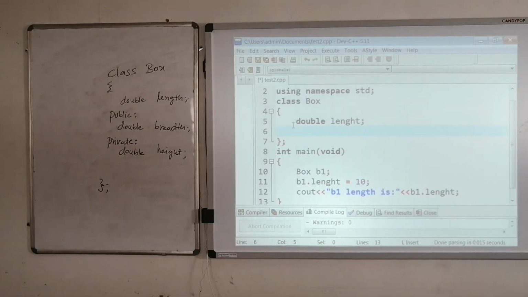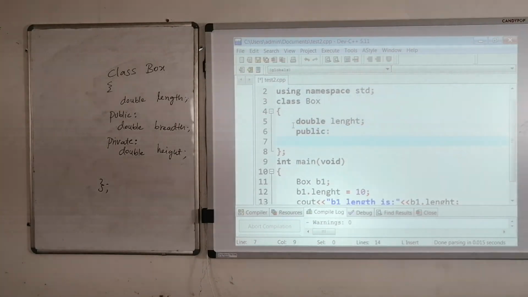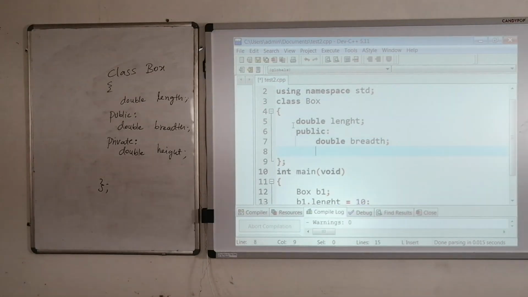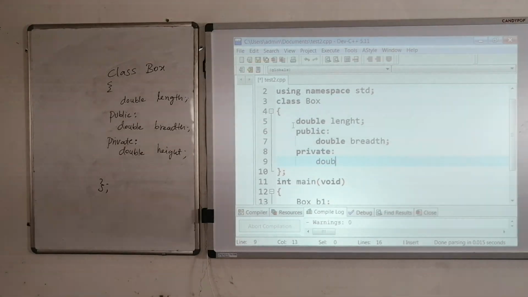Then I have to take public double breadth. Then after public I want to use private double height.